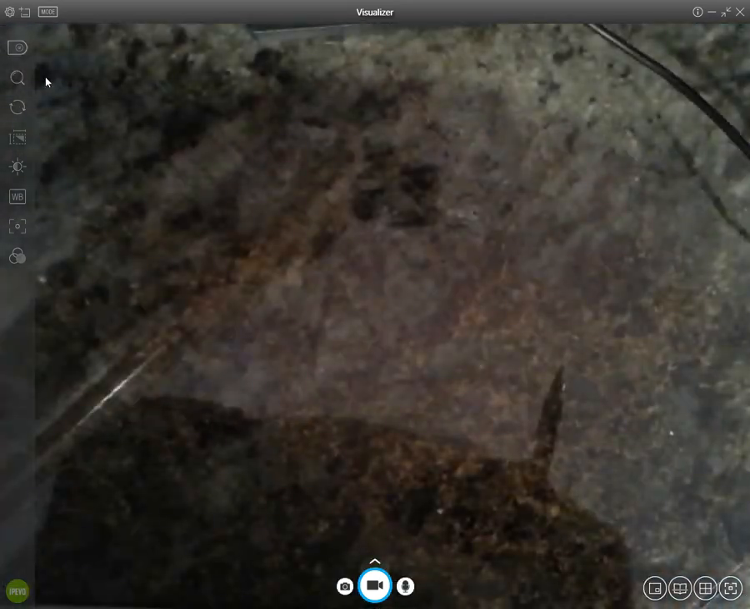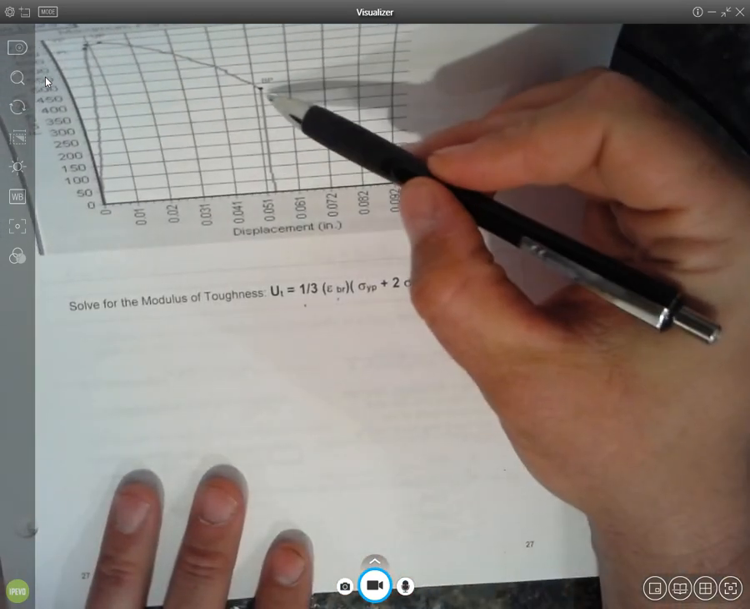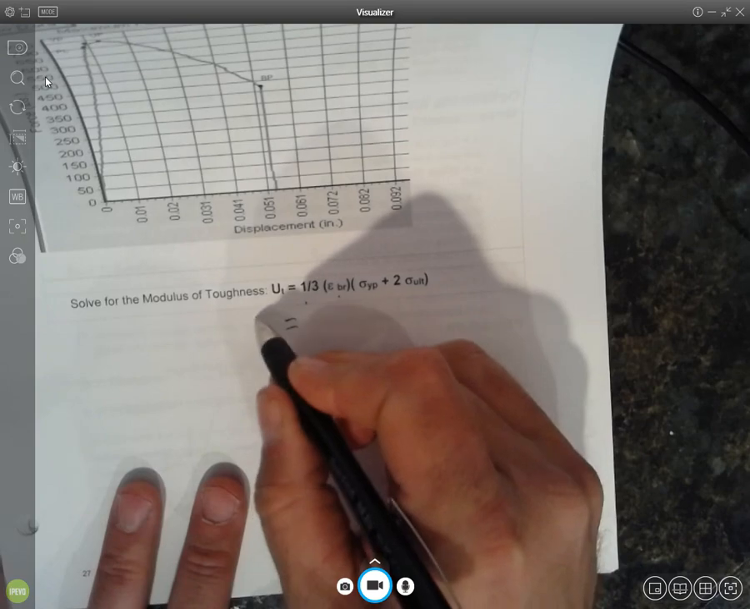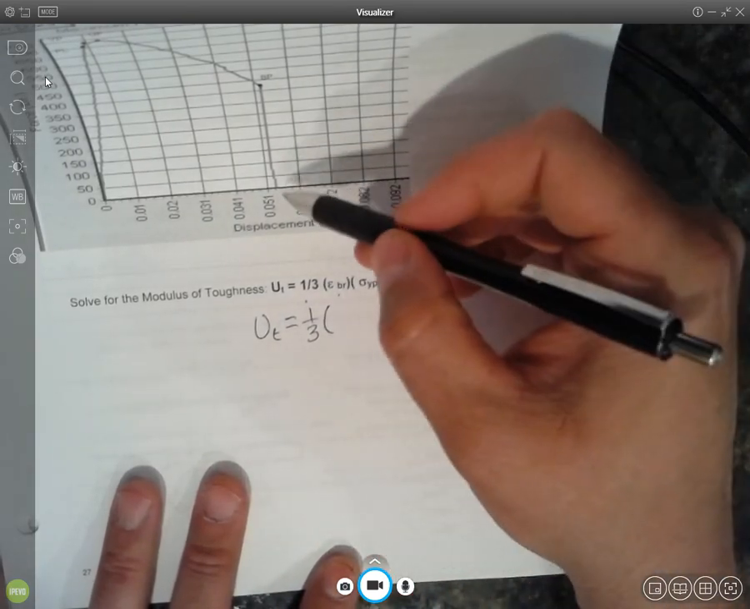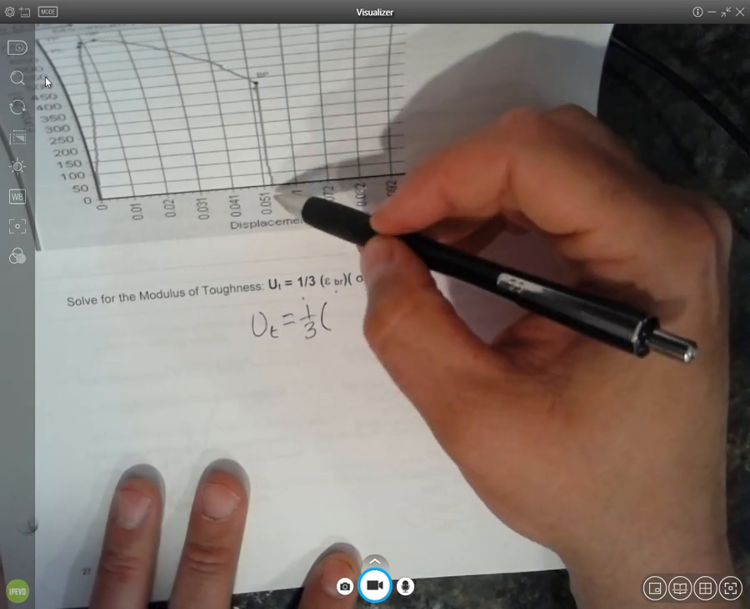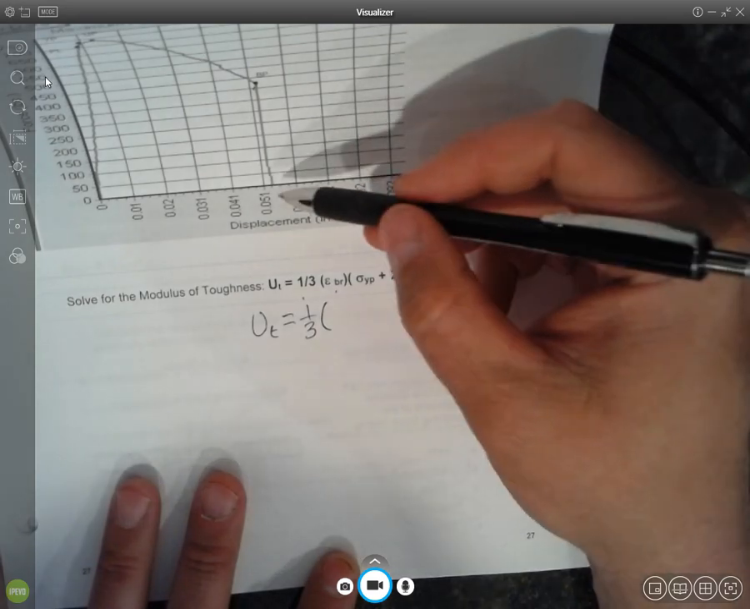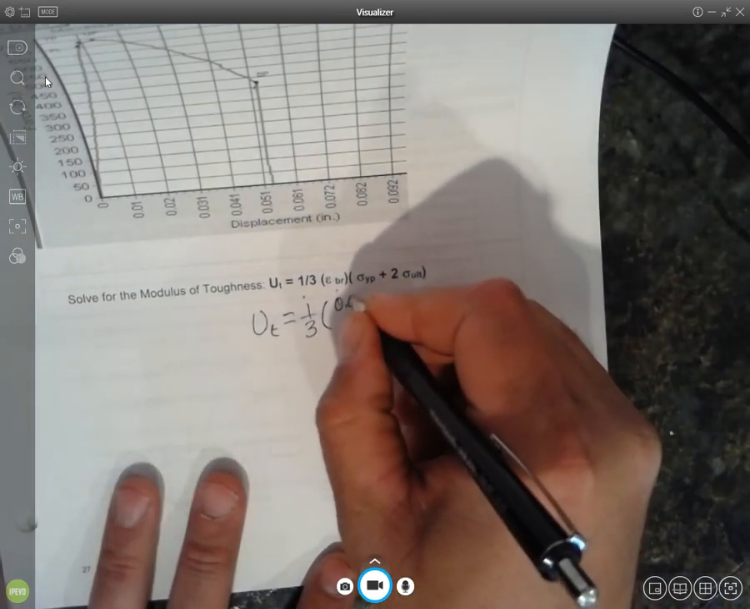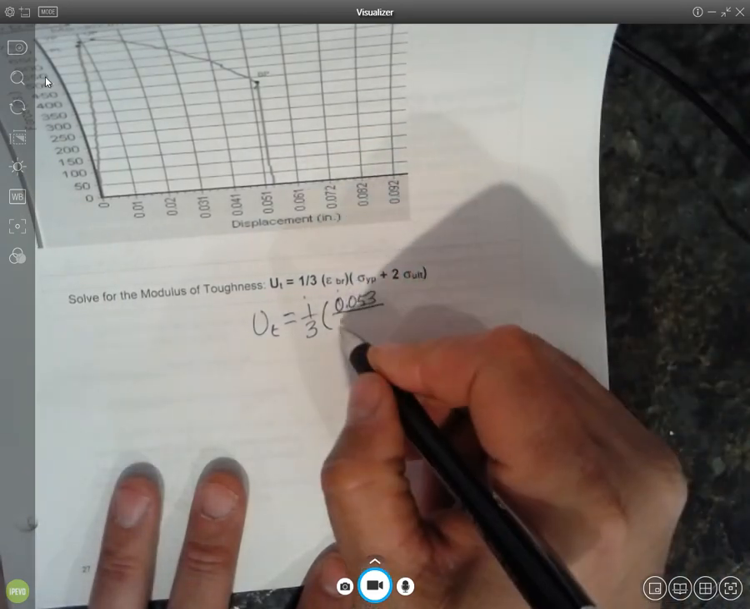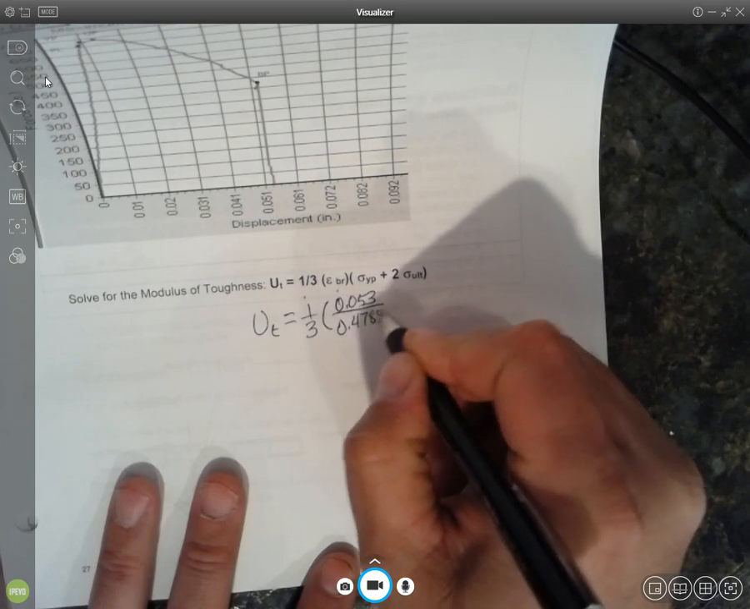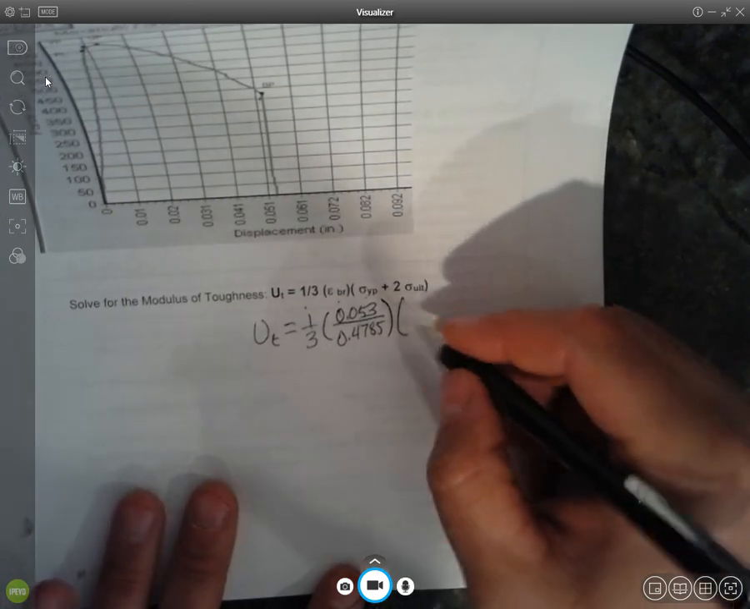Last one is a little trickier, Modulus of Toughness. So 1/3 the strain at the breaking point. Here's the breaking point. So again, just like we just did for Modulus of Resilience, the strain at the breaking point is going to be its deformation at the breaking point. So 0.005, we'll call it 0.053, divided by our original length, 0.4785, times the stress at the yield point. I just used that one,